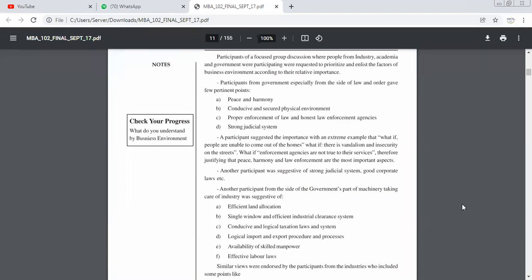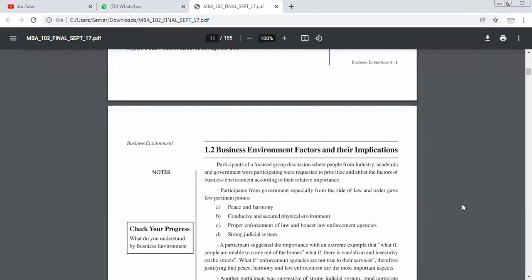Why is it so? Because in rural areas you can find non-availability of resources. In urban areas you will find more availability of resources, in the form of transportation, electricity, and water supply. All this stuff you can find very easily in urban areas. That's why migration takes place on a larger scale from rural to urban areas.